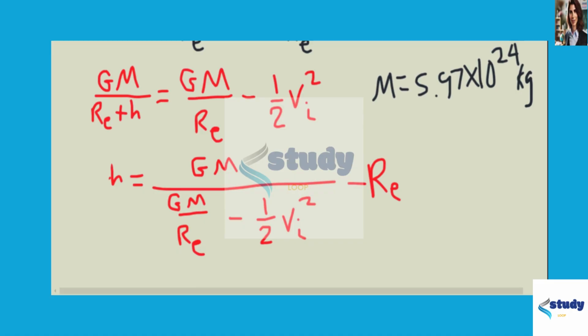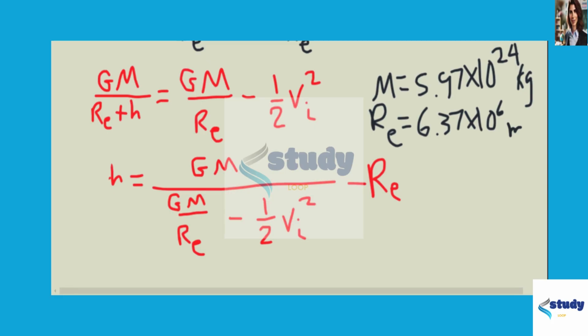So I'm just going to copy that. Over R_E. I didn't write that down yet. Radius of the Earth is 6.37 times 10 to the 6th meters. Okay. 6.37 times 10 to the 6th power meters